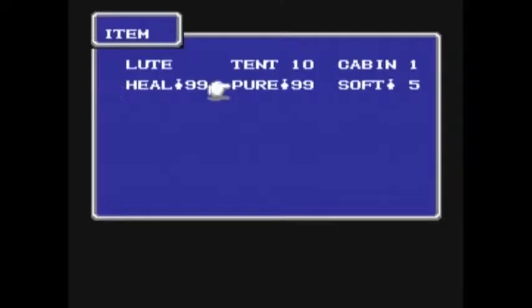Pure potions, I had the gold, so I went ahead and got 99. That's more than we'll need for the entire game. So I don't look to buy any more pure potions. That was probably overkill, maxing them out. 10 tents is good because